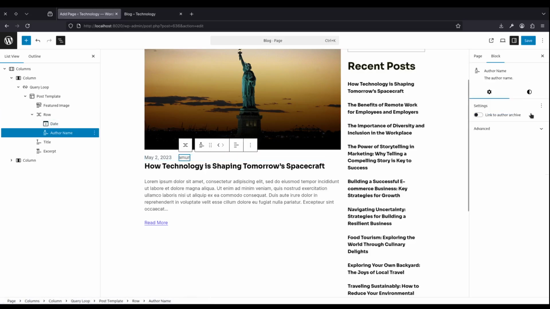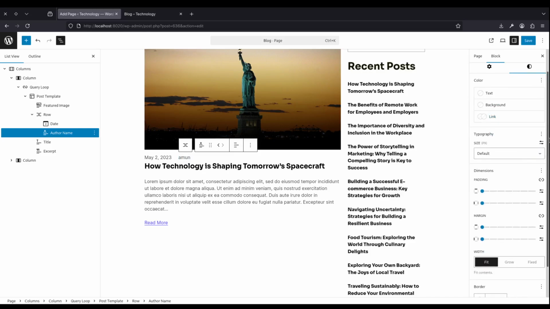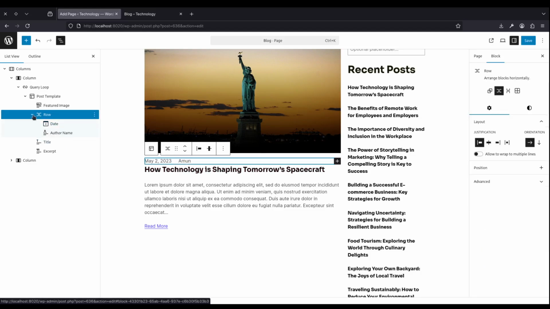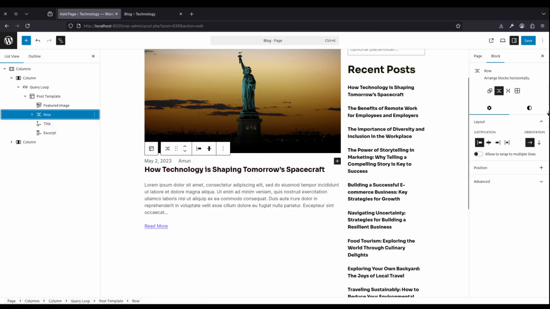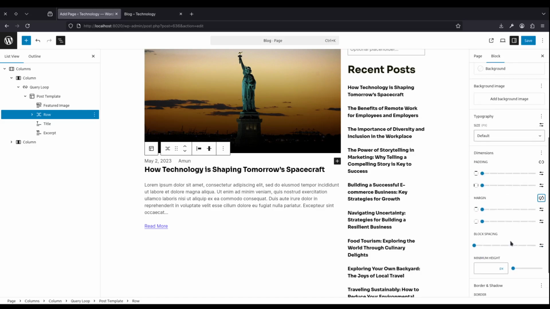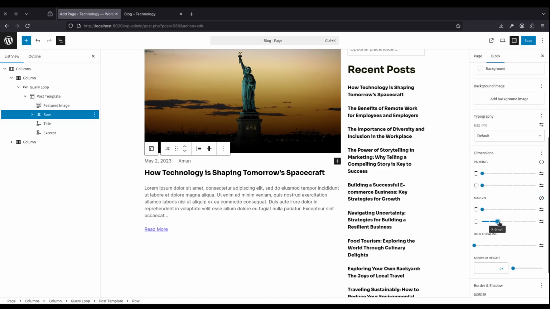And if we want to change the letter case of this block, we can change it to this capitalize option. And we can adjust the spacing accordingly. So what we can do is maybe add in some vertical margin like so,